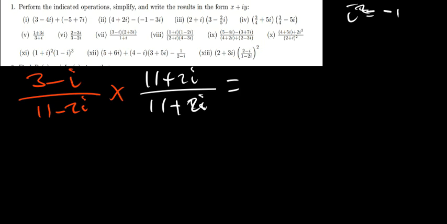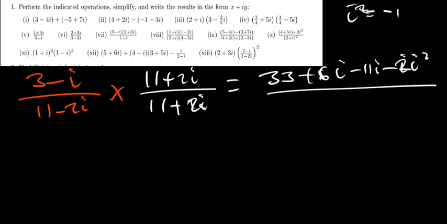3 times 11 is 33, then 3 times 2i is plus 6i. Okay, then negative i times 11, negative 11i, negative i times 2i is negative because of the negative which i has, so it will be negative 2i squared, like that. Then here, instead of wasting time doing one by one, I'll square the one having negative. In that case it is 11, so I'll square it, negative 2i I also square it, so I'll end up having